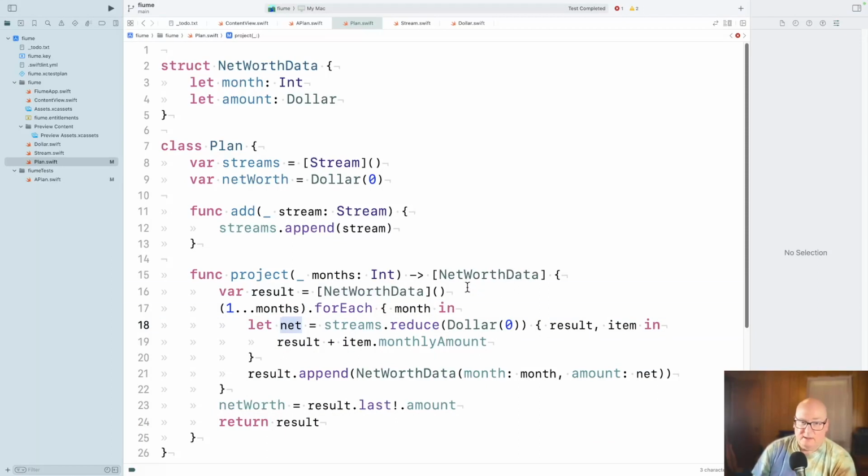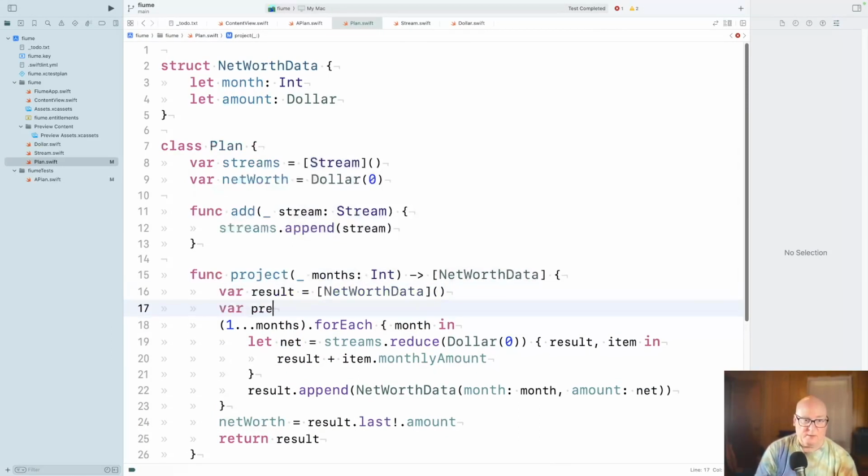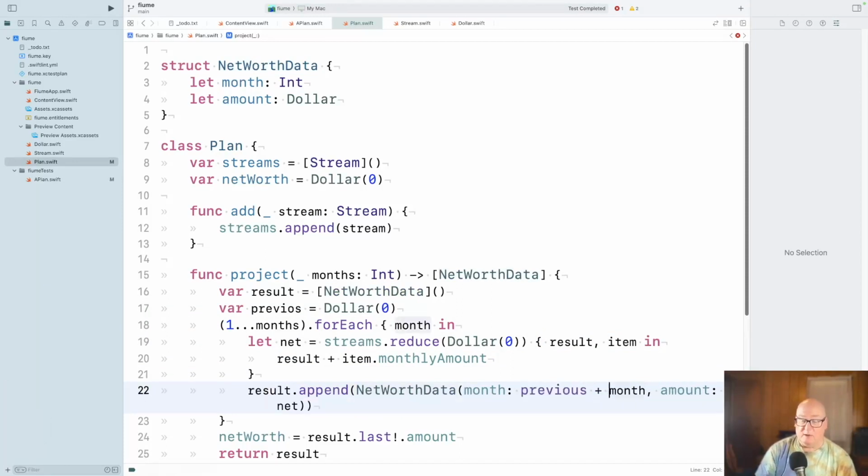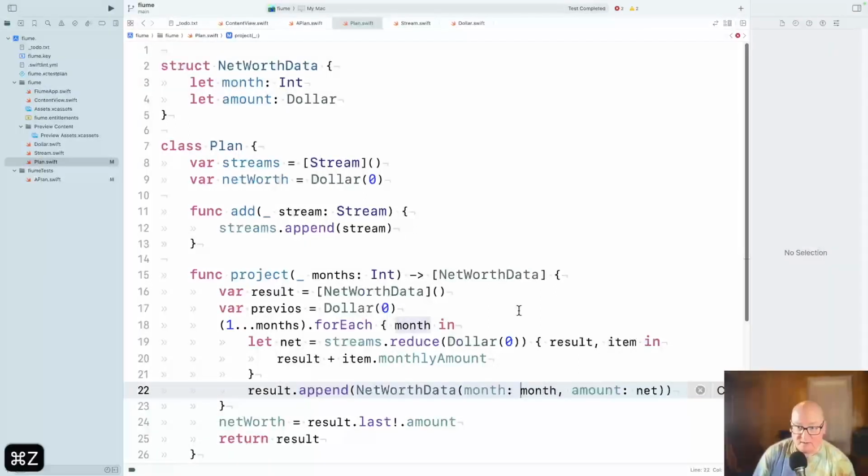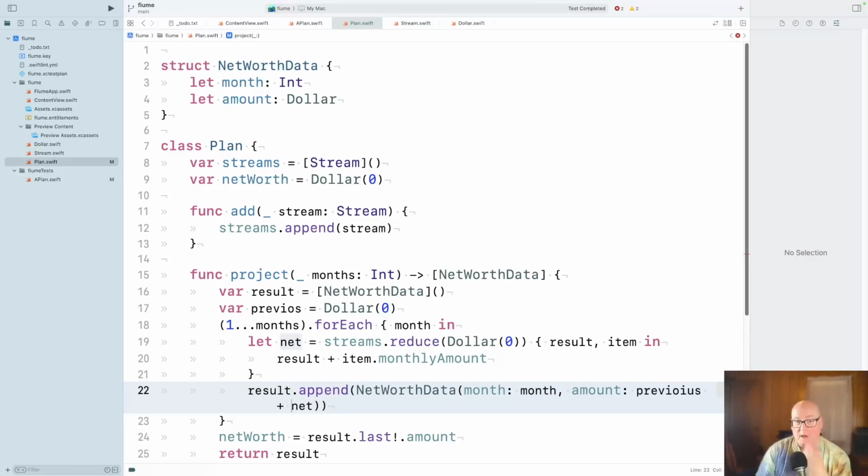Okay. So var previous equals $0. All right. And we want to append previous plus month. No. Net previous plus net.